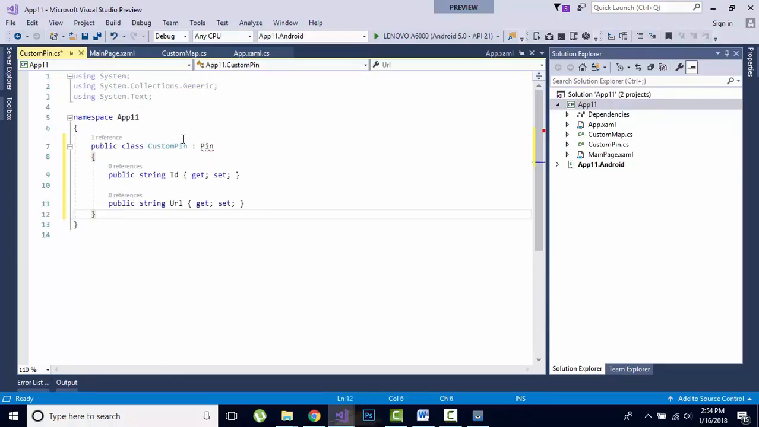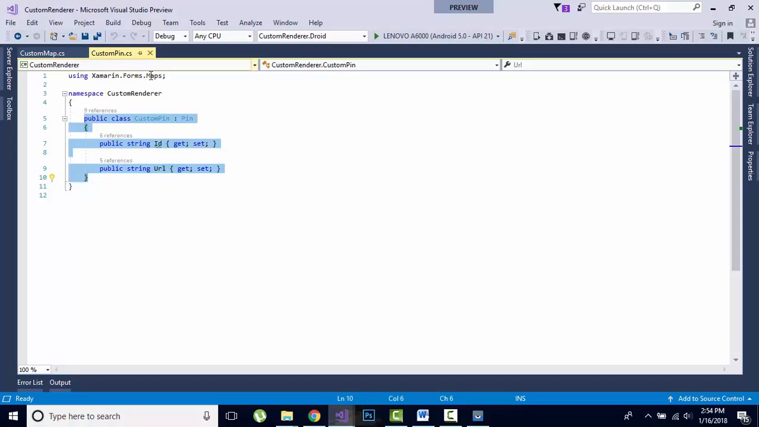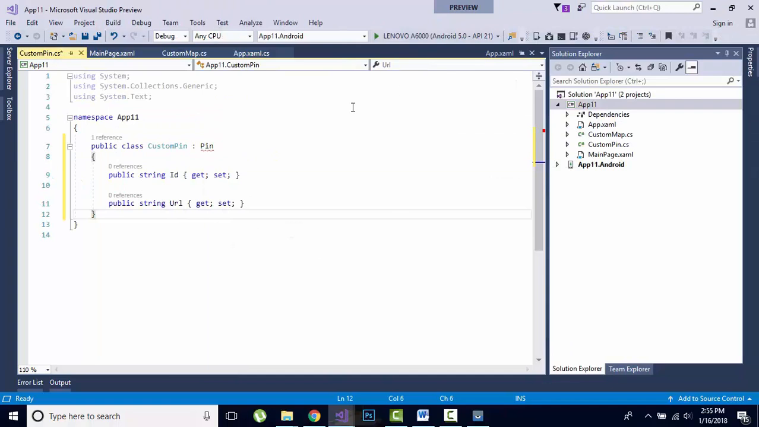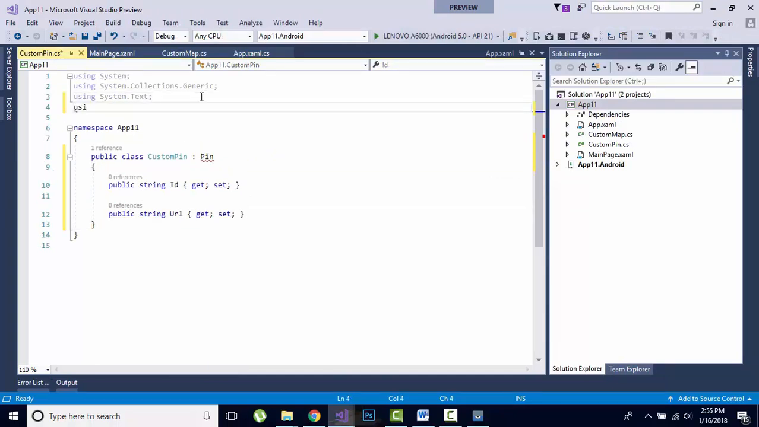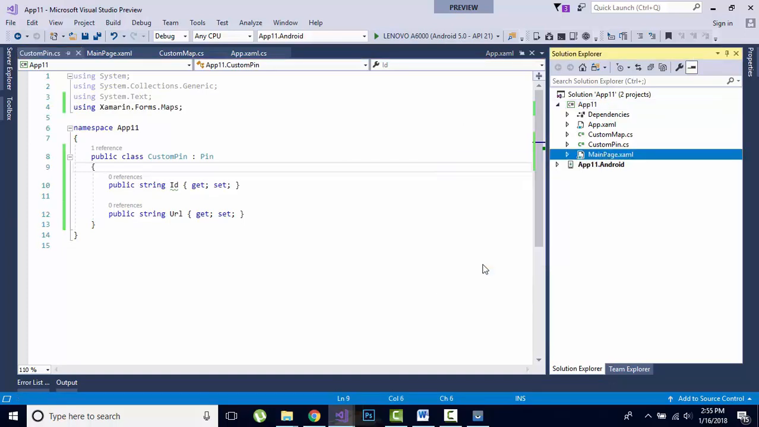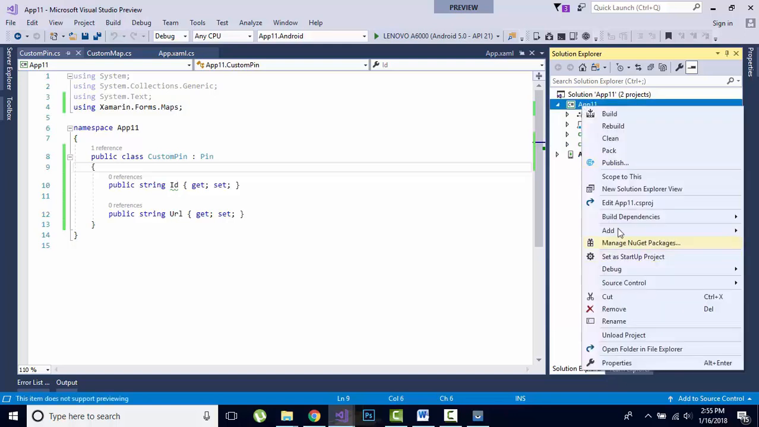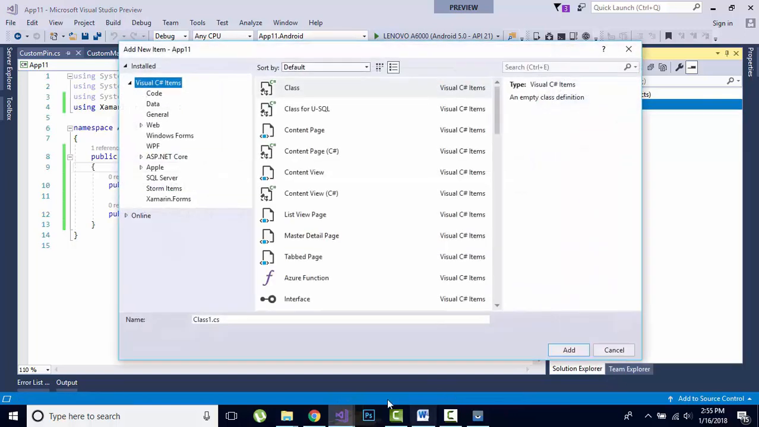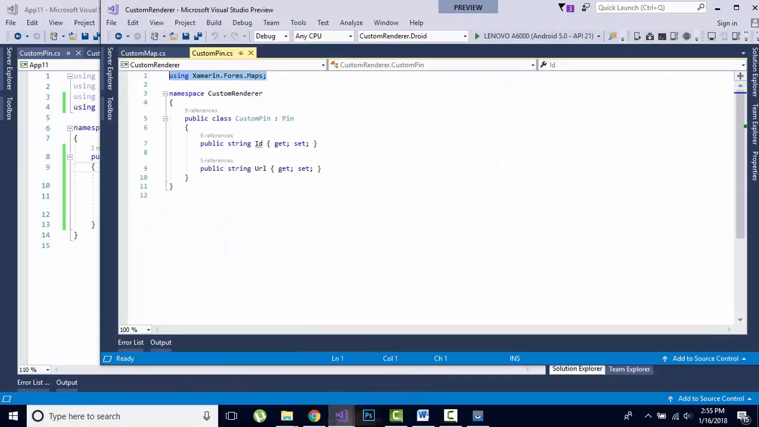Here the Pin class gets inherited from Xamarin.Forms.Maps, so I'll copy that namespace also as Xamarin.Forms.Maps so that it stops throwing an exception. This class defines a custom pin, inheriting the properties of the Pin class and adding ID and URL properties. Now let us create an element, part of our custom renderer that we have already discussed in a previous session